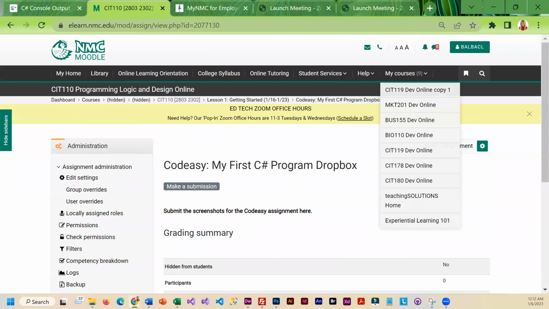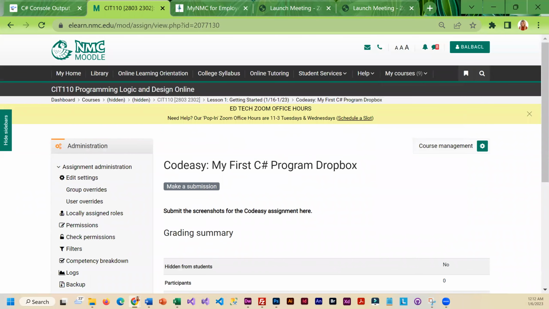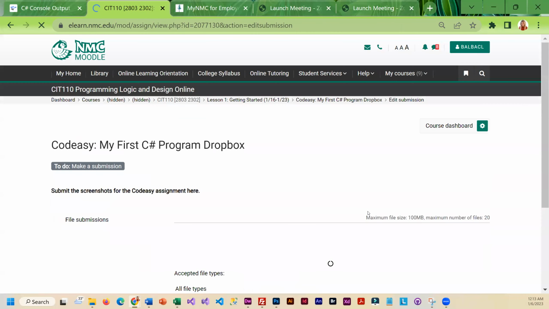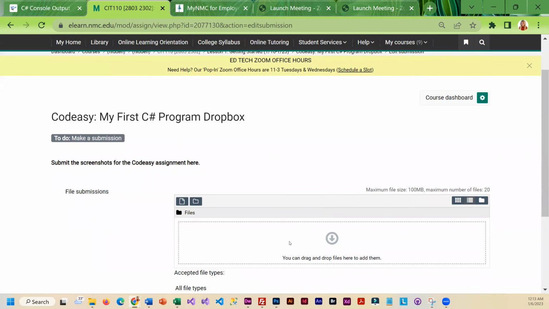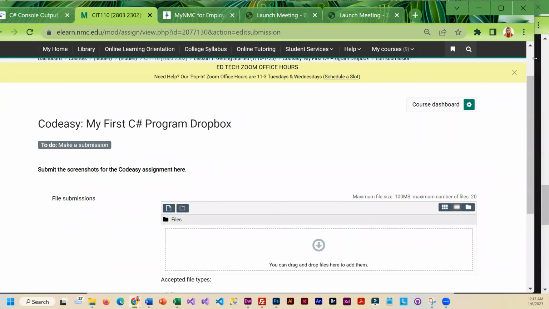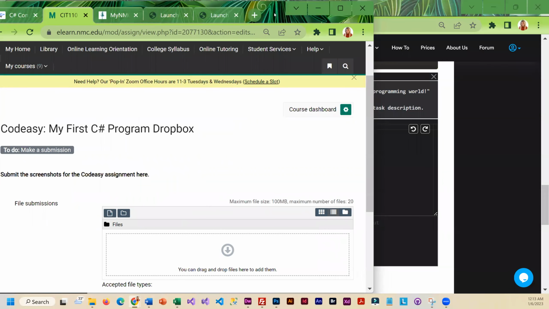Okay, and so I'm going to have to pause here and get into student mode so I can show you how that'll work. So as a student, when you come into the Dropbox, it looks something like this. And then you can add a submission. And you're going to be able to come in here multiple times because you're going to have more than one screenshot to upload. And what I normally do is I just drag and drop them because I think that is easiest. So I kind of resize this